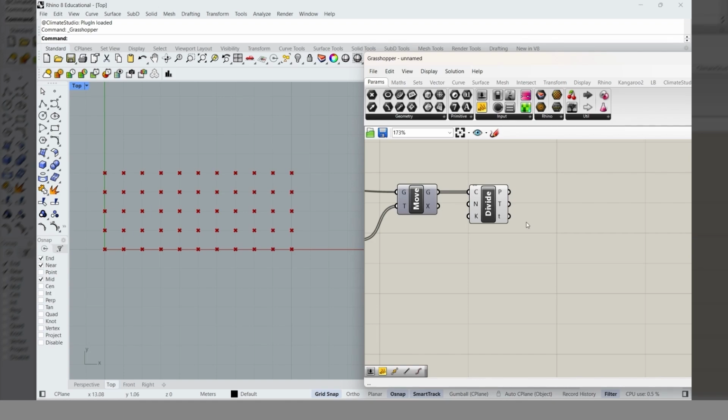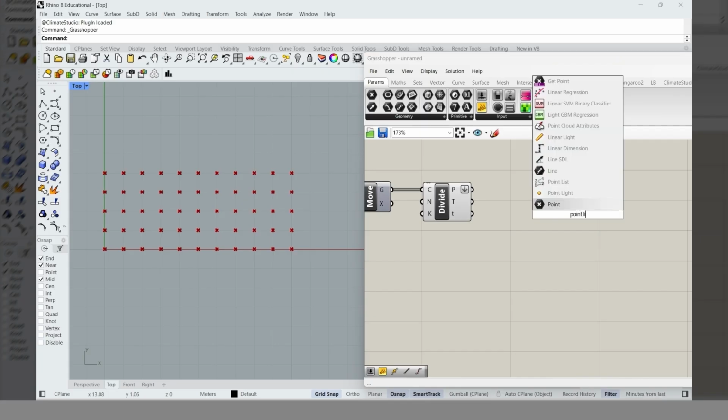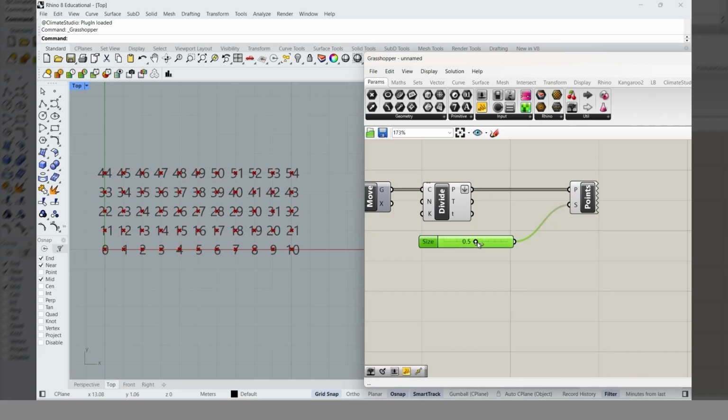Sometimes we need to change the tree structure to a list structure. To do so, we can right-click on this tree output, click on Flatten, and you can see that there's a symbol, which is a flatten symbol, that flattens a tree structure into a list structure. So if I use point list to further investigate and change the size to slightly larger points, you can see